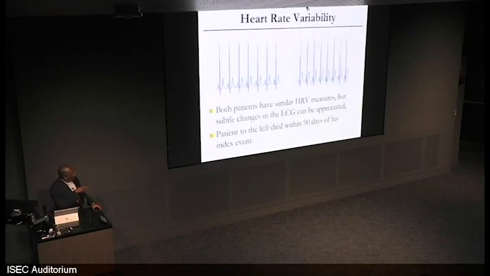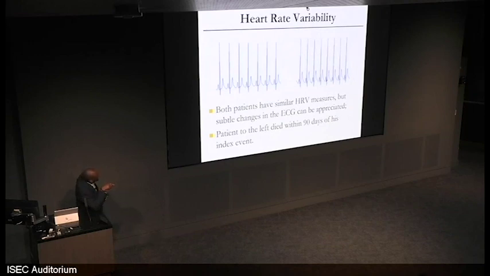For example, these are data taken from 2 patients after an acute coronary syndrome. The patient on the left died within 90 days of the index event. An index event is what they presented with. This person lived. And the heart rate variability metrics for these 2 tracings are the same. So there's not everything that one can garner just from looking at variability in the heart rate. So years ago, I think over 10 years ago, our initial approach to this was computational: what can you do just from the electrocardiogram? Can you take additional information that may be very difficult to see by eye?